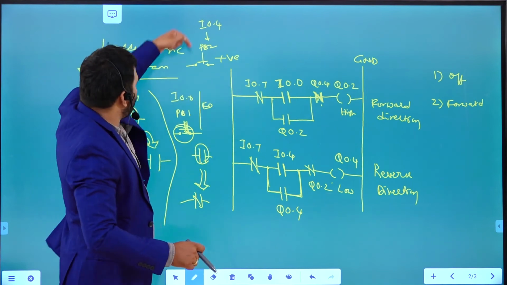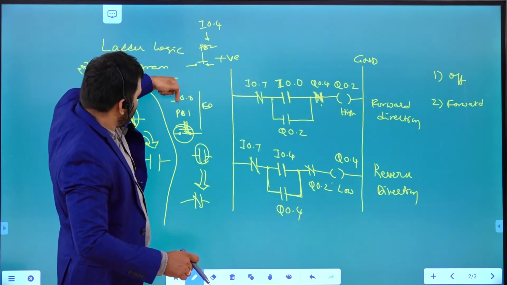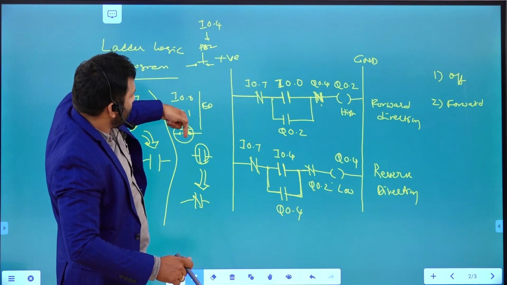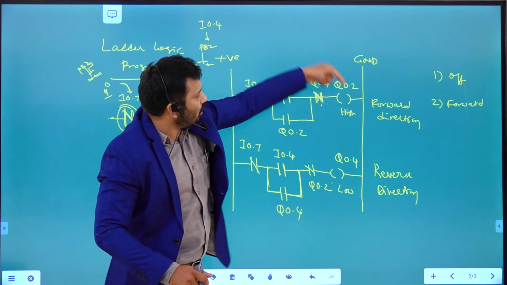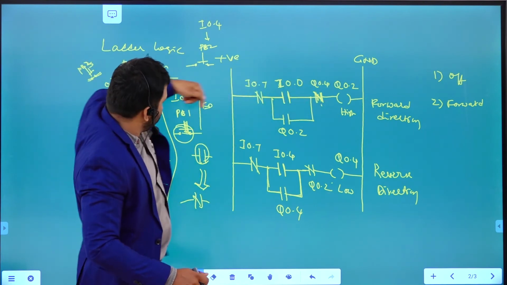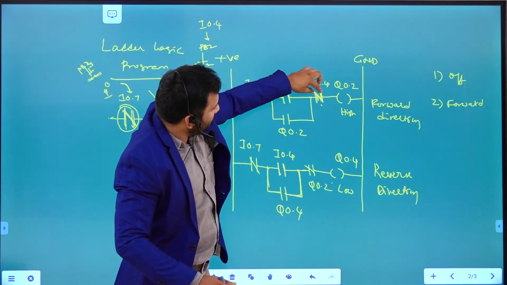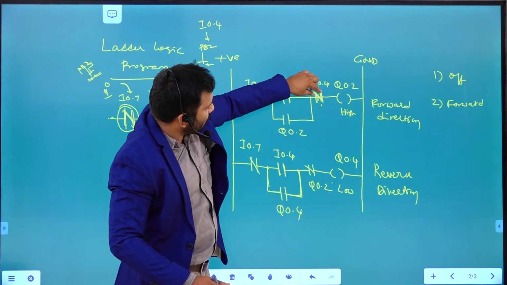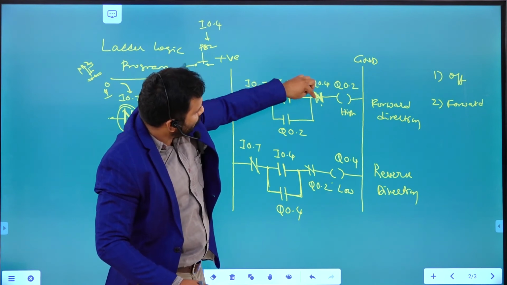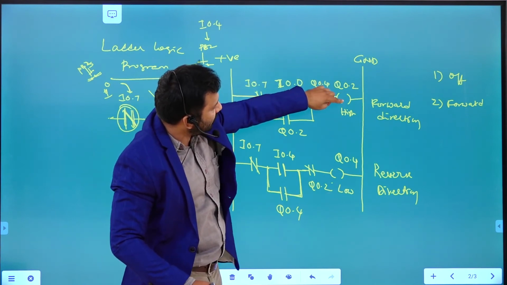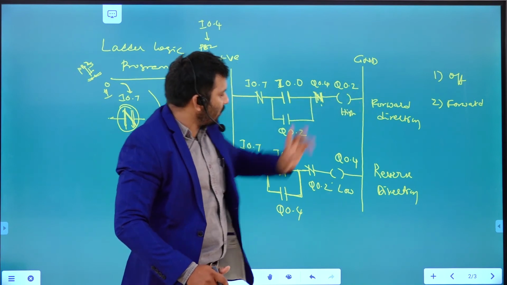That means push button 2 is not pushed. Push button 1 is pushed to rotate the motor in the forward direction. Once you push it, this one is activated. The other is already low, so it is not going to be activated, and that is in the closed condition only. That is the reason the output is high, so the motor moves in the forward direction, right?